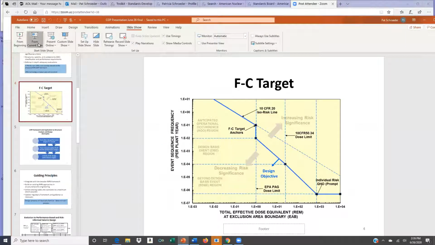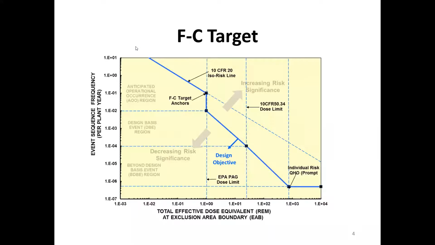The vertical axis is the annual rate. Yeah, it's event sequence frequency. So look, for example, what is the frequency of an earthquake to occur in a plant year? One every 10,000 years. Right. So let's say that,